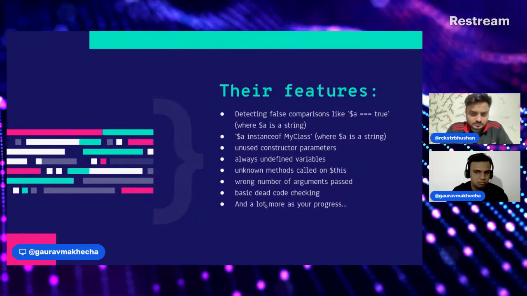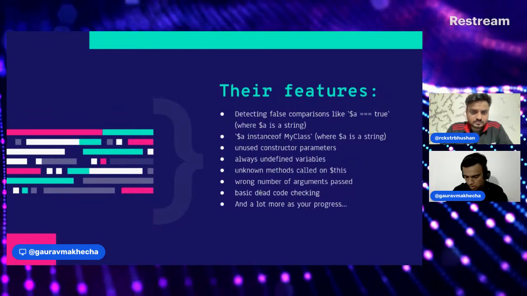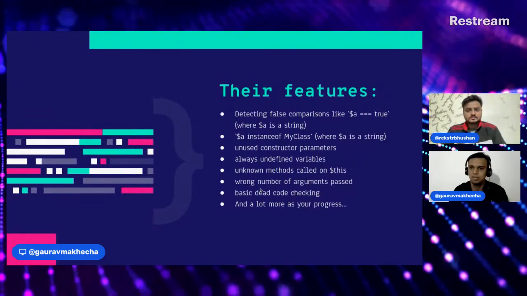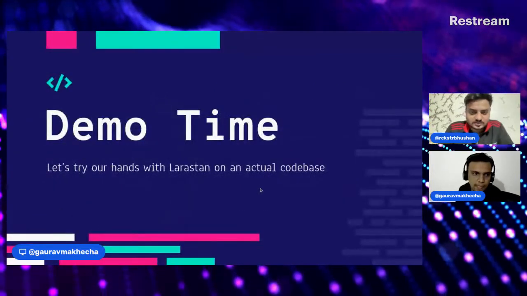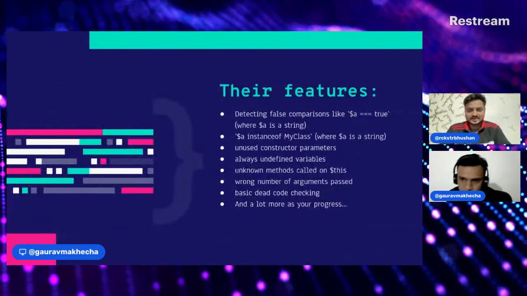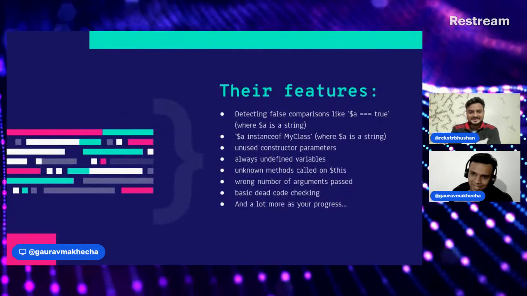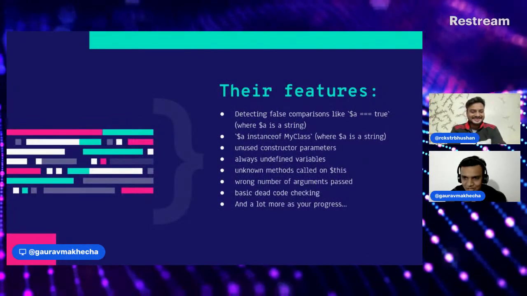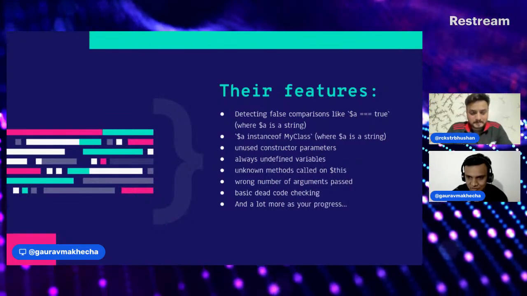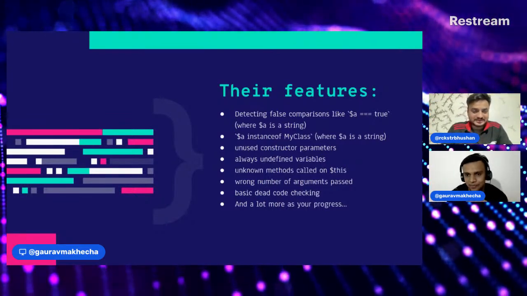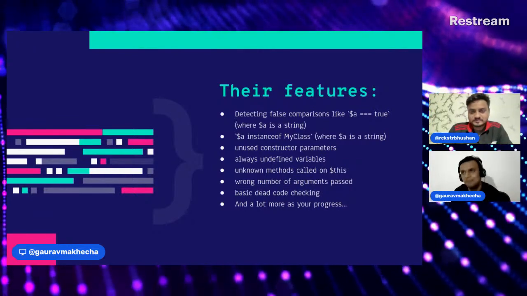Then, as we move to the practical round, we will have an idea. That unknown methods call on this, I've seen a lot of times in the code actually. And we don't realize it when coding. We realize it only when we run the code in the browser. Exactly. It again saves time too, right?